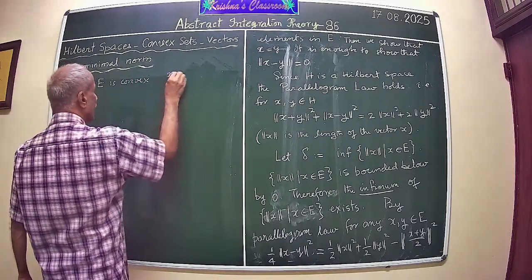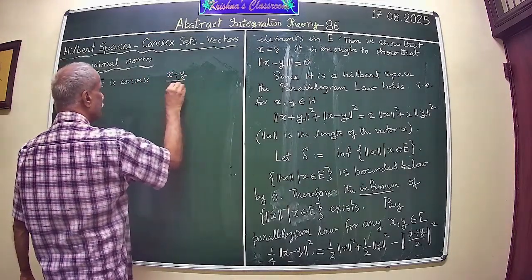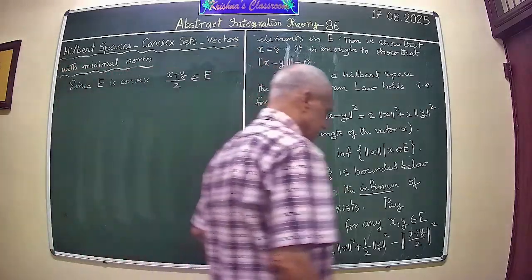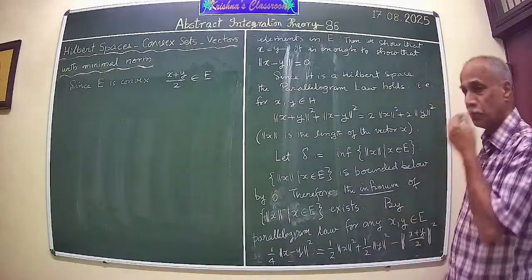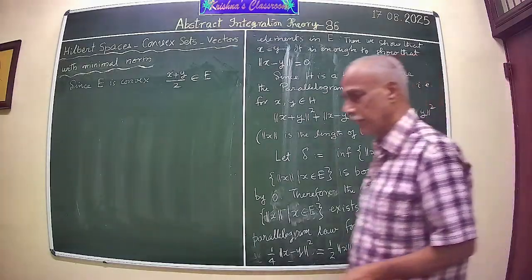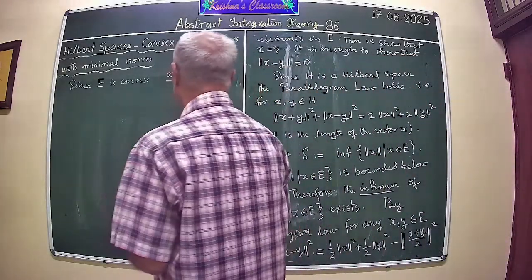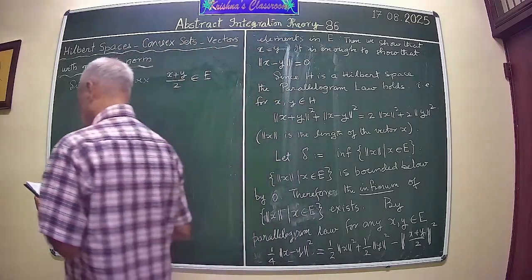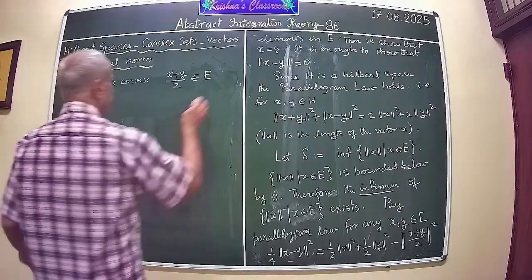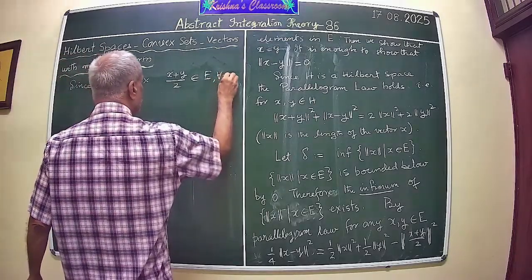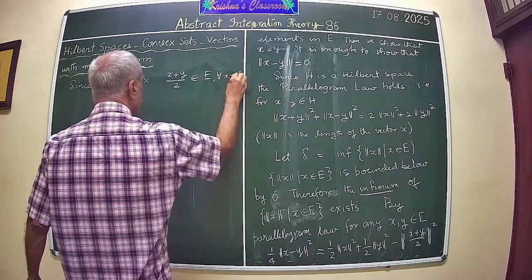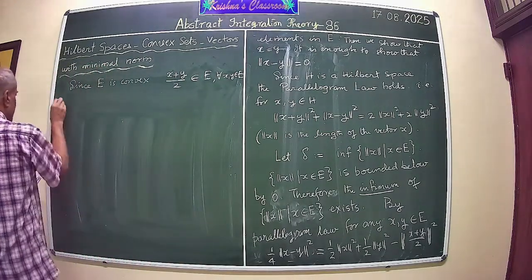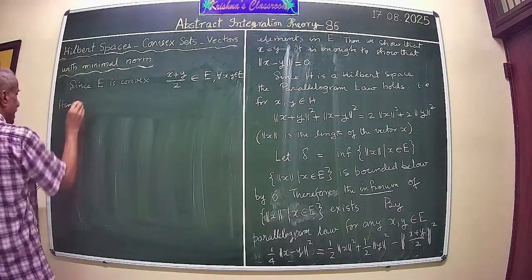x plus y by 2 belongs to E. That is actually 1 by 2x plus 1 by 2y belongs to 1 by 2 plus 1 by 2u. Okay, so this comes from this convexity. This is true for every x and y. Hence, we have the following